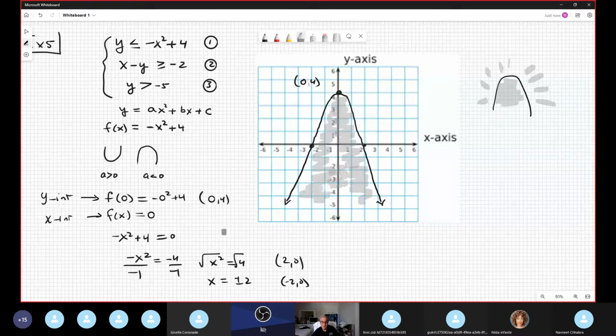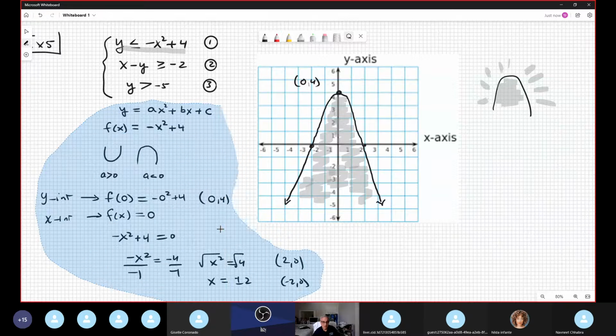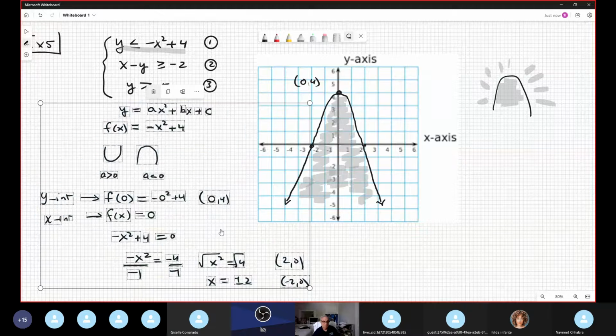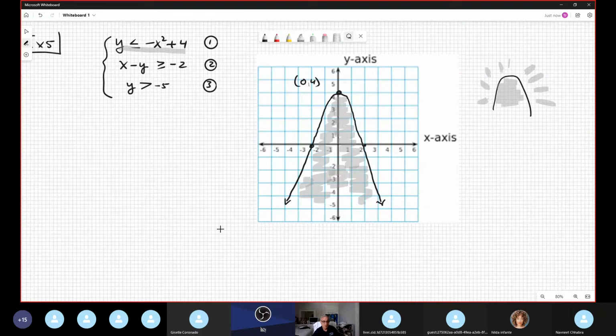Okay. This gray color is only the solution for this. The other is easy because it's linear. It's similar to the thing we were doing before. So the only non-linear was the parabola. Okay. Now linear is x minus y